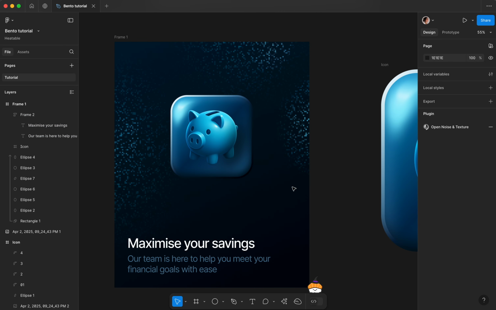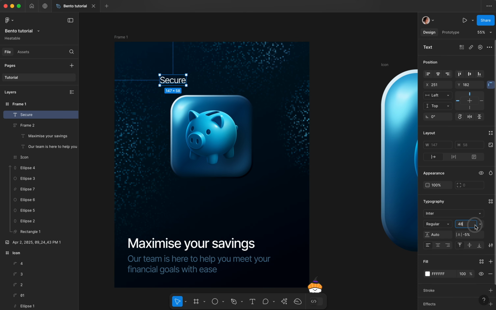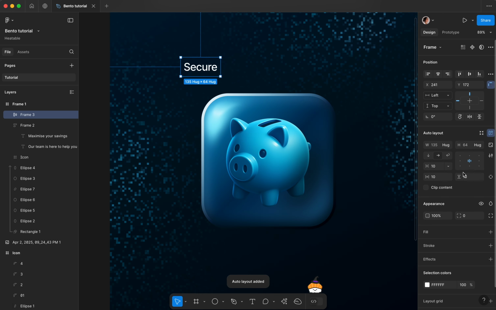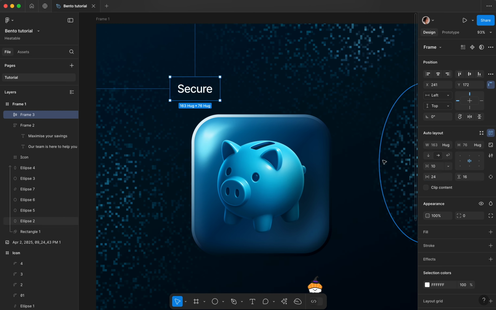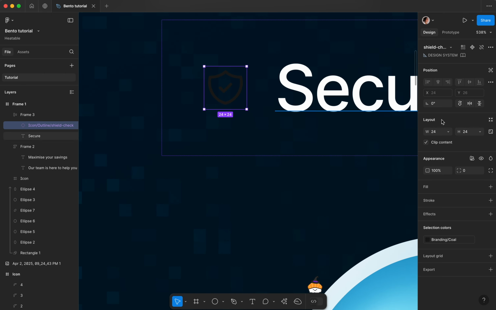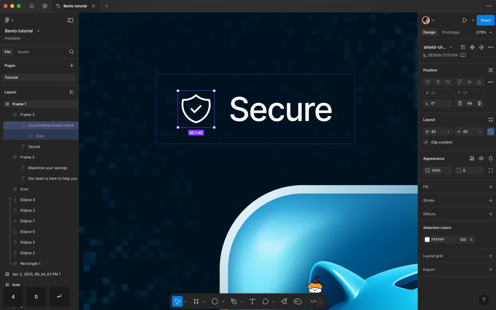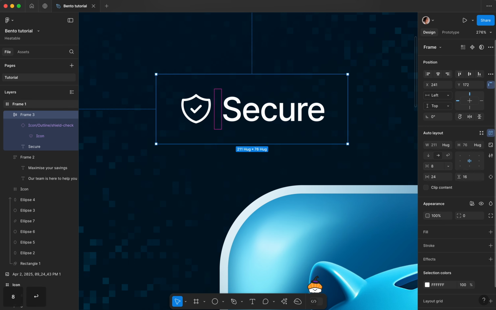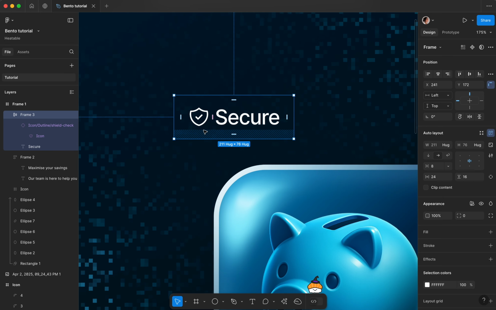And now almost the last part, we're gonna add a badge. So let's say this is our text. Smaller. Yeah, slightly smaller tracking. I'm gonna close it with auto layout. And let's say 16, 24 for the padding. Maybe we're gonna add an icon in the middle, like a security shield. Okay, I'm gonna make that slightly bigger. Let's go for 40 and stroke 2.5. I'm gonna change the spacing between them to 8 pixels.